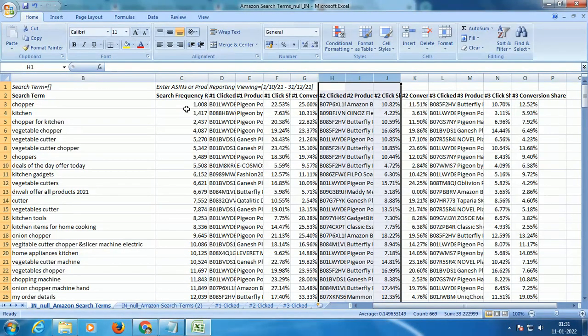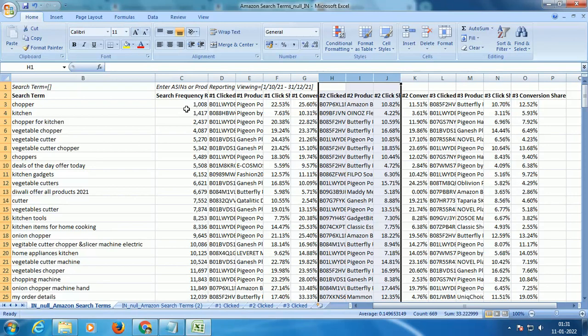So this is more of a cheat code in case you do not have access to any of the software tools. I think this will be a right place to start your keyword research, or to a certain extent product research also. But this is a massive opportunity. I mean, this is a very good place to do all your checks of your keywords and stuff, right? So I hope you learned something new.